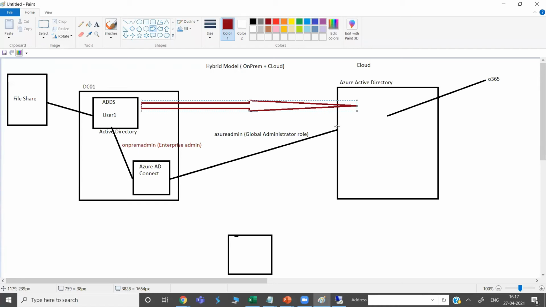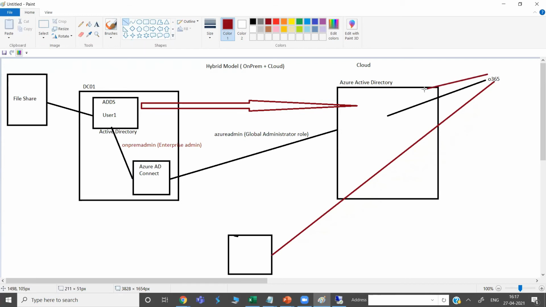Now what happened? When this integration or sync is happening from on-prem AD to Azure Active Directory, generally the password is also moving. So in that case, suppose there is an application here, an Office 365 application, and this user is trying to log into this application. When the user is trying to log into Office 365, authentication will happen.